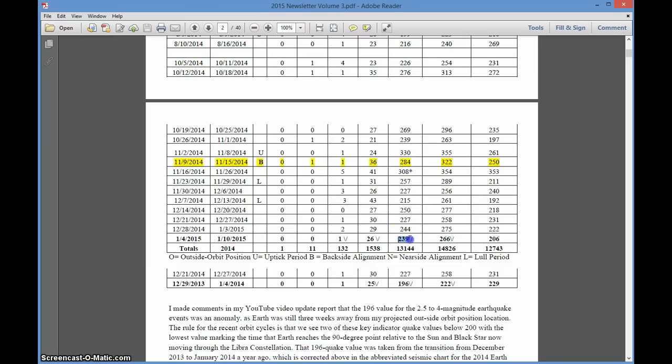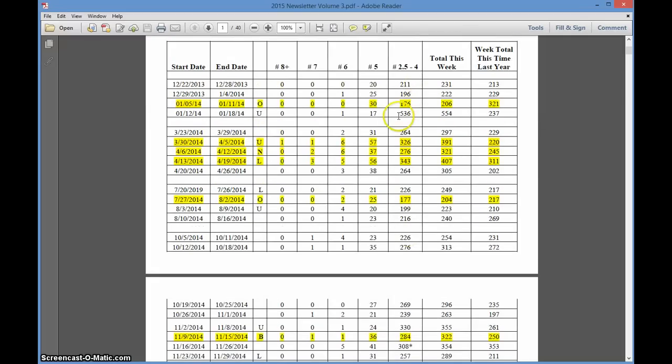So now we're at 239. I'm expecting to go to 180. We're still in the first week of January for these readings, you see, and I've got 3 more weeks of the lull, and I'm going down into the 180s. So this next week should be around 220, maybe even down to the 210s. If we get down to the 210s, we'll see another bounce. If it's gradual, then we'll see a steady decline down to about 180, 185, something like that at outside orbit position. Then we're going to see, like we saw last year, the giant jump,